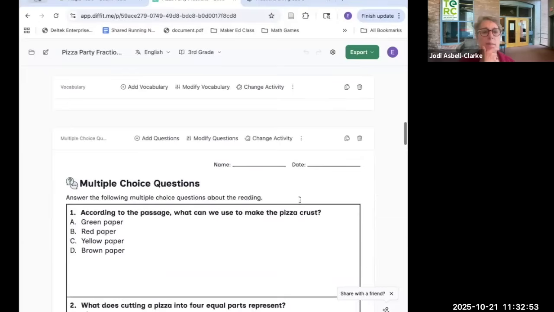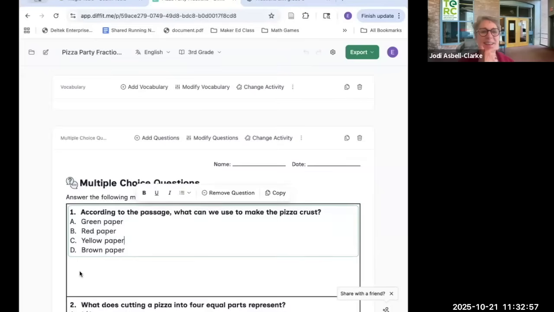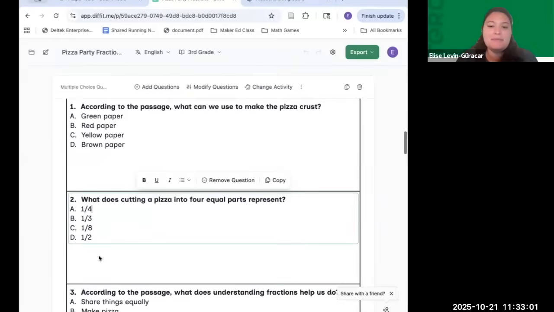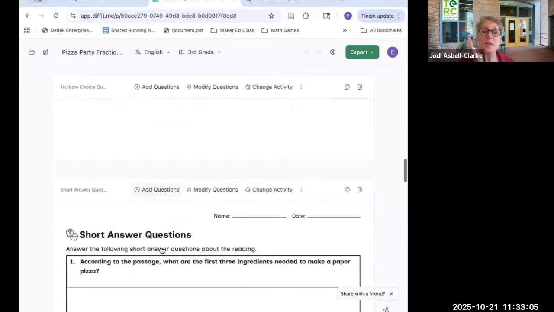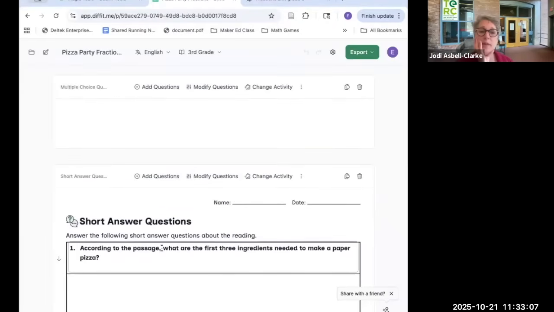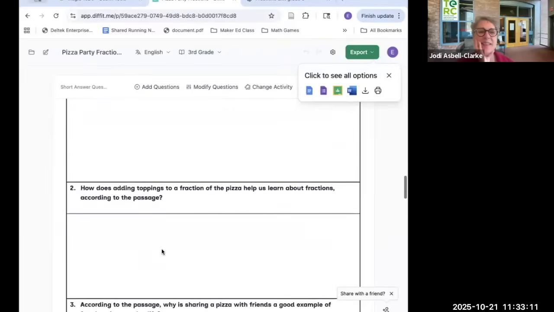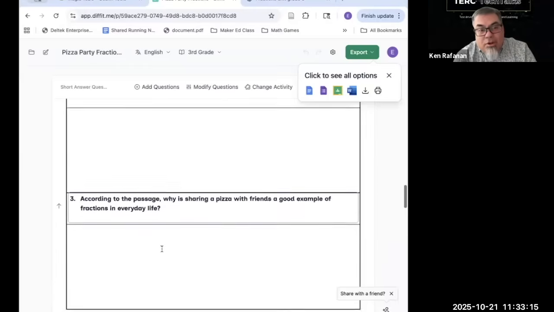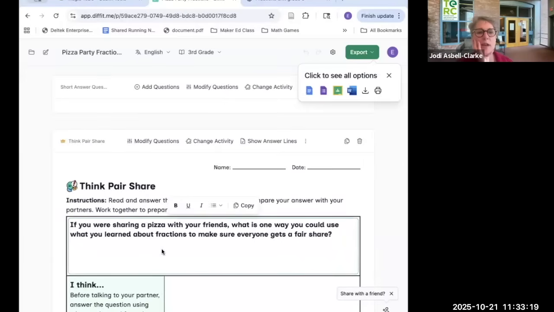They created worksheets for us. Yeah, multiple choice questions. We got that, I could edit it if I wanted to. And teachers that just want to go through the motions would love this, right? It gives them everything that they think they need. And it's incorporating short writing prompts in third grade. Right. And the think, pair, share, which is